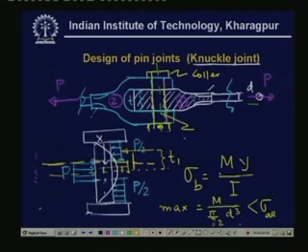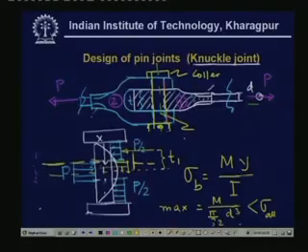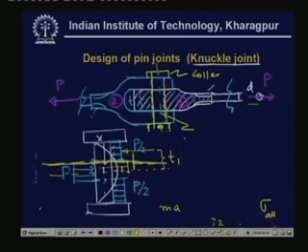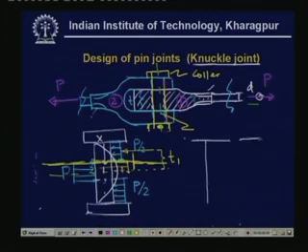here where the maximum bending stress occurs, the shear stress is 0, but there may be other sections where the shear stress and bending stress are simultaneously present. For example, take this section along this. We had the maximum shear stress. If you look at the shear force diagram and the bending moment diagram,